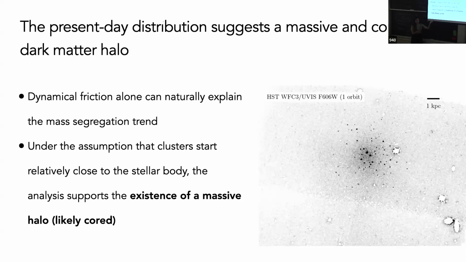So I think this is really cool because this is evidence for dark matter which is not coming from kinematics. Yes? Oh, go ahead. How can we rule out that more massive clusters just happen to form at the center, just formation? Like you have hotter gas, whatever, at the center. Yeah, we cannot, because we don't know how globular clusters form. But in the next example that I show you, I think we found another example that proves this same point in a different way. But yeah, we don't know. This is definitely one of the caveats in this study.